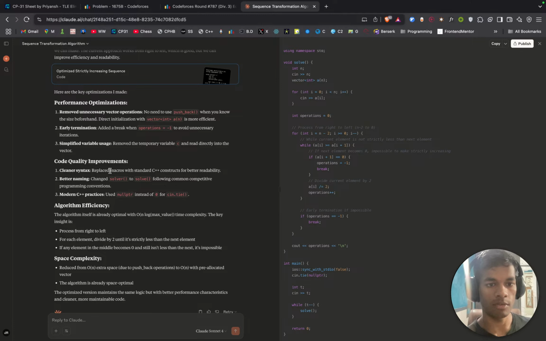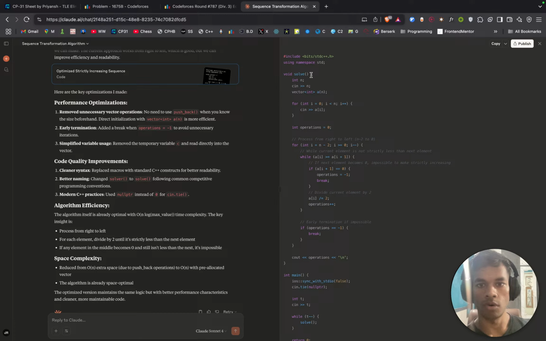cleaner syntax, replace macros with C++ constructors for better readability, better naming, changed solver to solve following common competitive programming conventions. No, I will keep it solver. Modern C++ practices: use nullptr instead of 0 for cin and i. Okay, let's see. Solve, okay, cin take into an integer vector a, okay, and then taken directly into the array. Operations initially